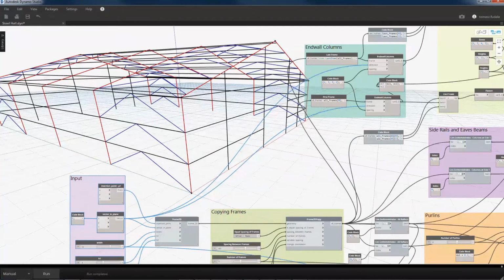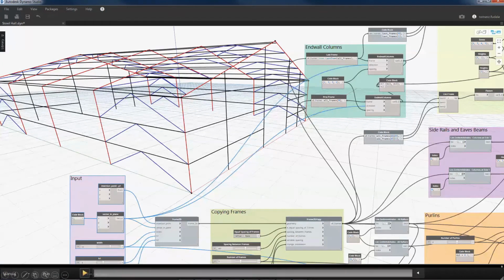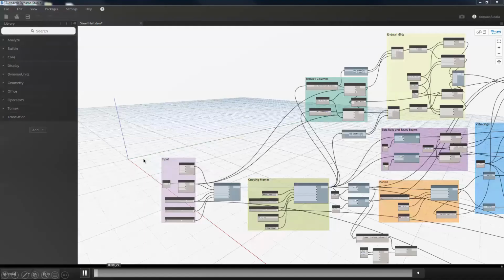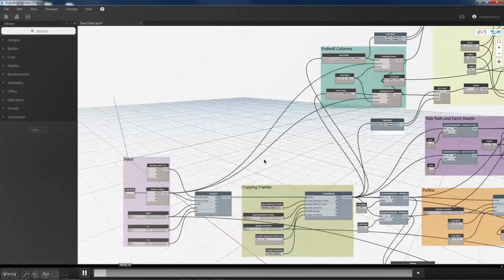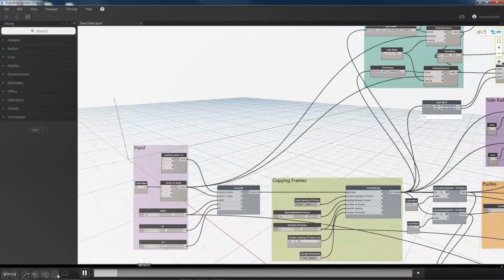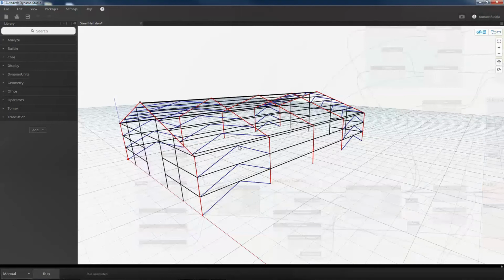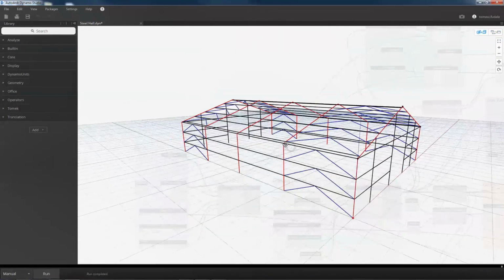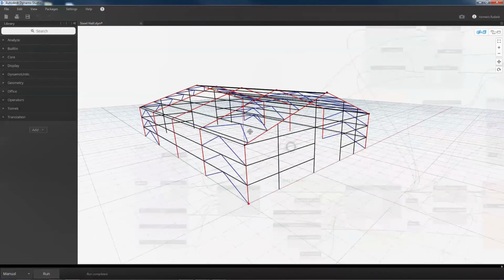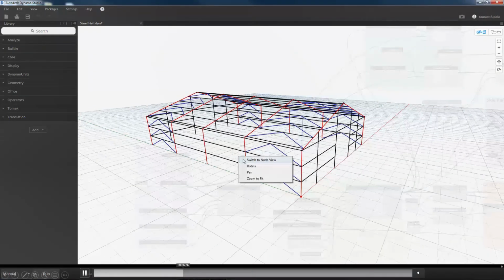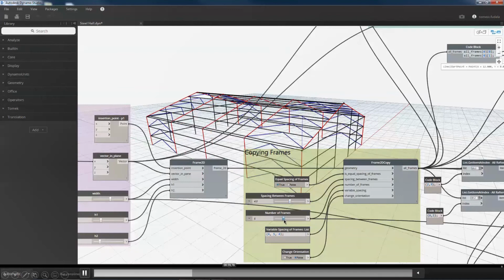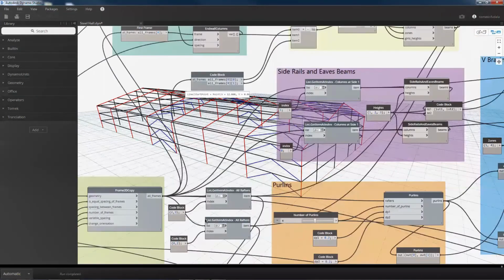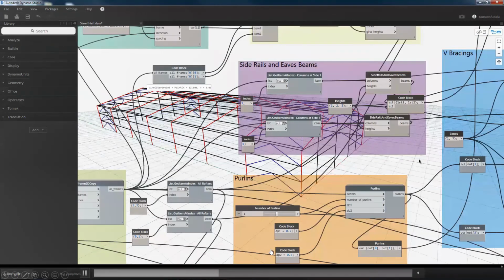I'm just going to skip this. Dynamo as well can be used for verifying or creating these models. Just very quickly, I don't want to spend too much time on this, but we are able to create those analytical models using Dynamo. Or that model will be taken from Revit and, using Dynamo, go through different design changes and design options as well, as you can see on the screen there. So you can just adjust the number of frames, etc. And then obviously that goes into your Robot model,